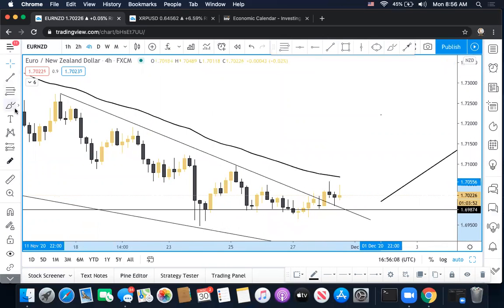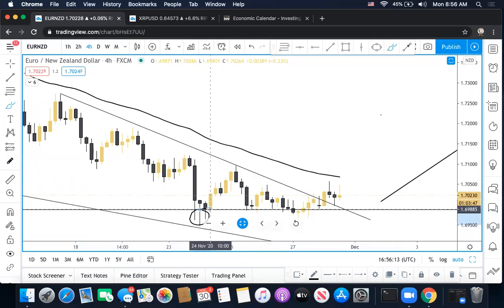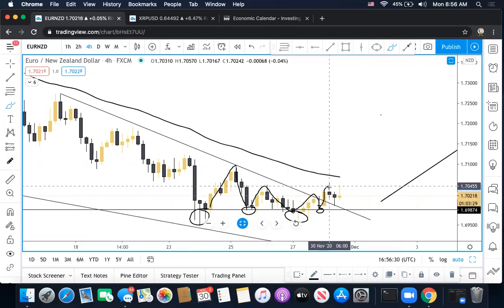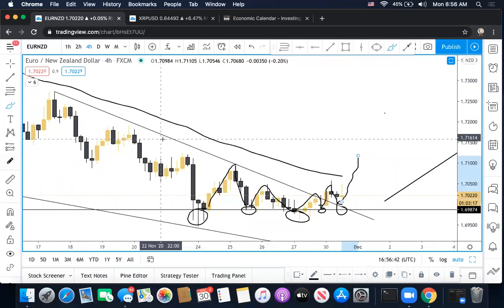You can see how the market first pushed down to this support here, led to a push, hit the trend line, came back down to the same support, pushed up, failed to hit the trend line, pushed back down to the same support, pushed up, hit the trend line, pushed back down, hit the support, broke above the trend line. After it broke above the trend line, price pushed down and retested the trend line. So now, overall, if we stay above this support, we're going to look for Euro NZD to push to the upside. Simple as that.